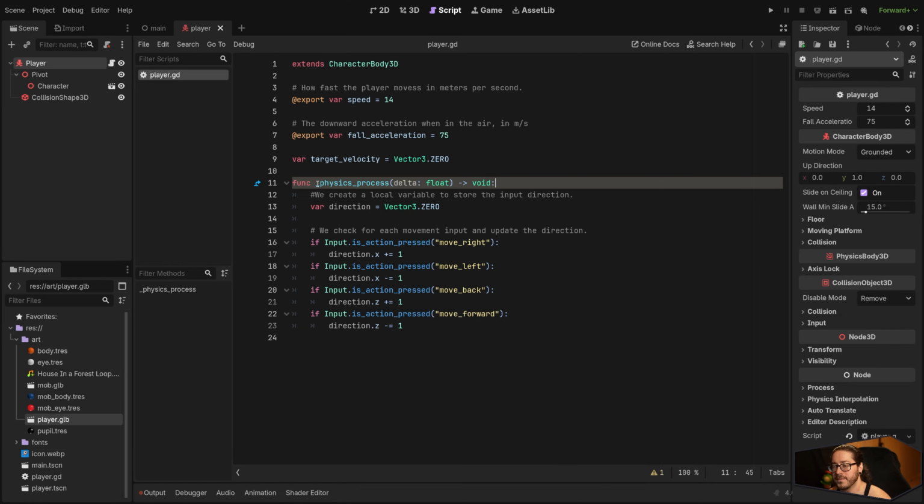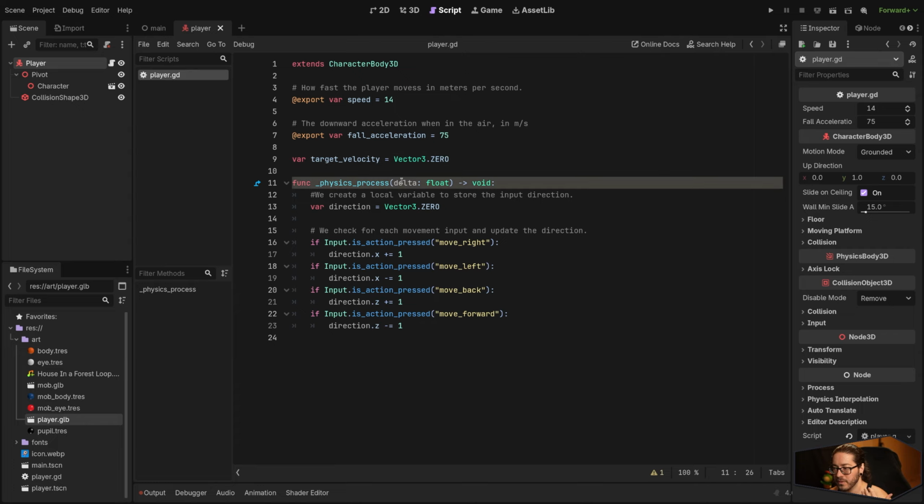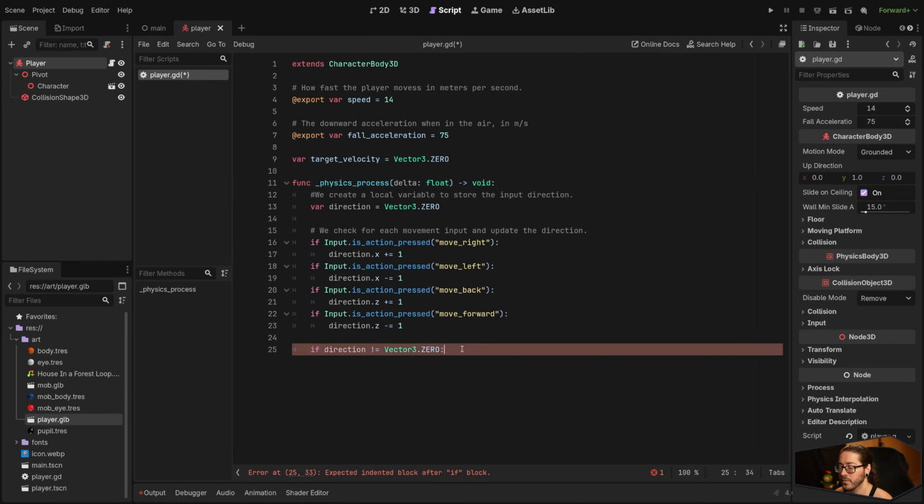Now then, as for the physics process, if you hover over it, you can think of this as a way to consistently measure time in between the physics ticks, and it ticks in delta, which I also explained in the previous video on the 2D project. It doesn't return anything, so that's why this says void. So let's go down here, stay within the function. If the direction is not equal to Vector3.ZERO. What this line means is if we are moving, because if we're not at 0, it means we're moving, then the direction is equal to